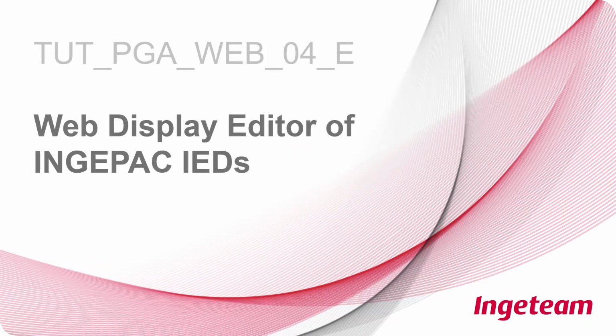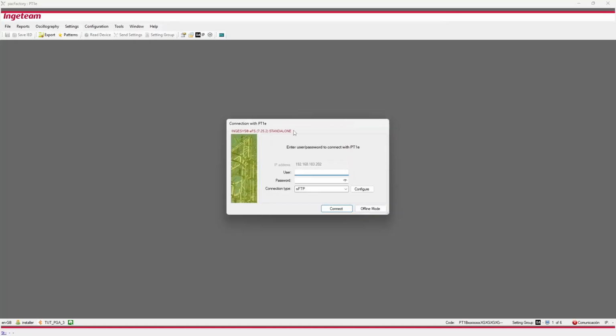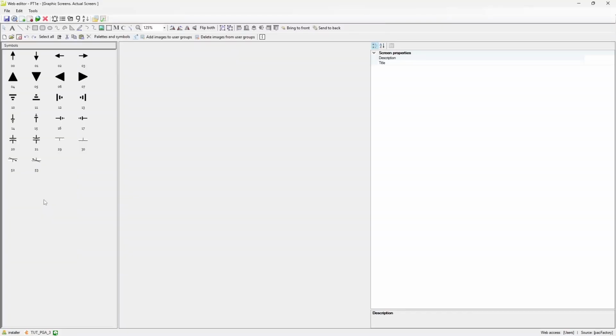Tutorials. Topic: Web Display Editor of INGEPAC IEDs. In this video, we will learn how to customize the web displays of INGEPAC IEDs using the latest Web Display Editor add-in. To start, we will open the Pack Factory application. We will pick the IED in which to edit the web display configuration. To enter the Web Display Editor, click on the Web Server tag found under the Configuration section in the left-hand